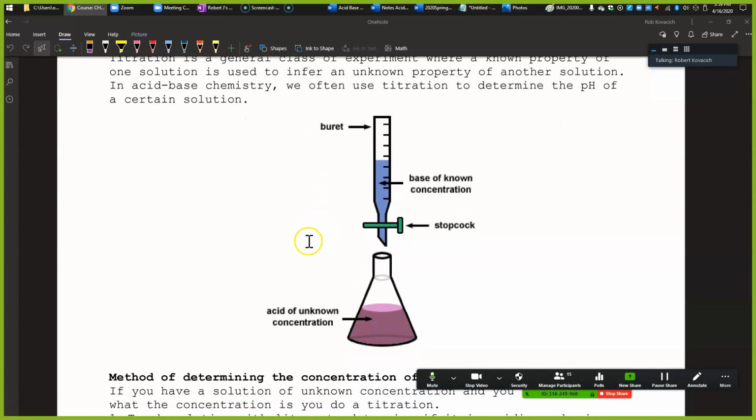Those things on the wall next to where I sat in lab are called burettes, and they're very accurate volume measurements. They're 50 milliliters total fluid, and you can measure them down to 2 decimal places of volume release. You'd fill those up with a base, put them on a ring stand, and put an acid in an Erlenmeyer flask with a spin magnet and stick it on a magnetic stir plate, and then let the base come out. The acid of unknown concentration down there is pink because